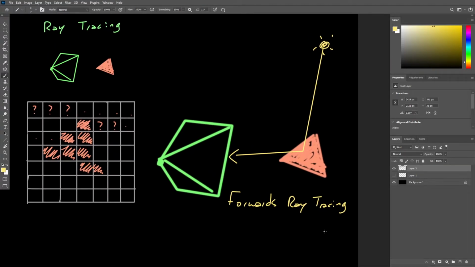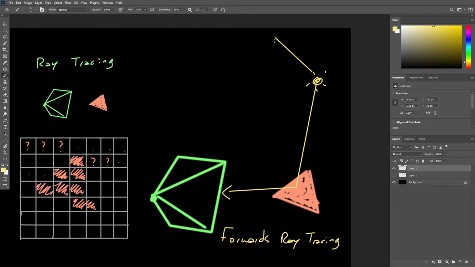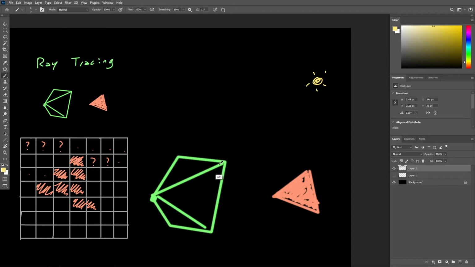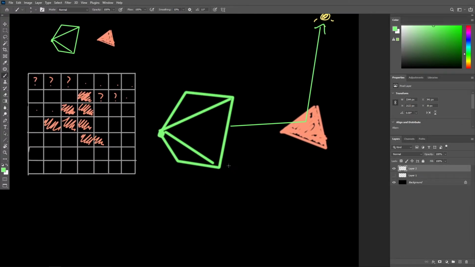However, it's quite inefficient to render a final image this way, as we'd have to cast many rays from a light source, which will never reach the camera and therefore contribute to the final image. To ensure that we're rendering the scene in the most efficient way, we generally trace rays from the camera to the light source. This is the traditional approach to ray tracing and is called backwards ray tracing, since it reverses